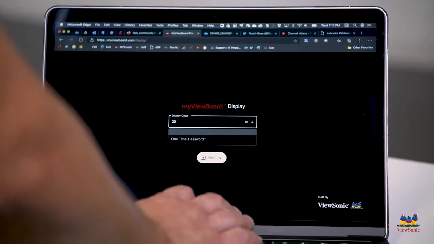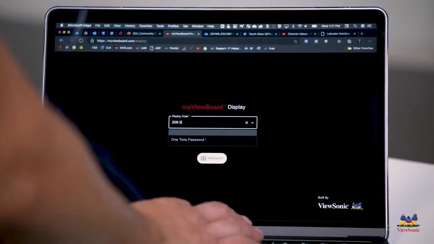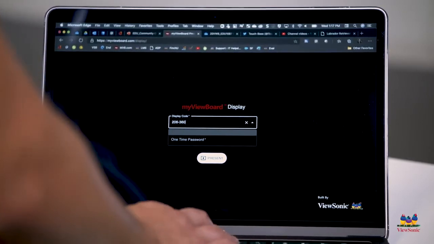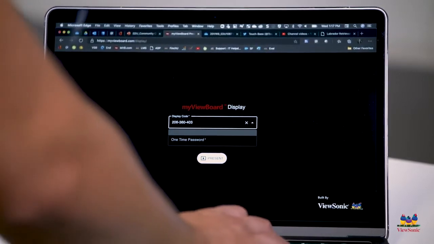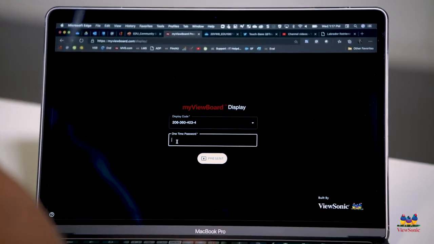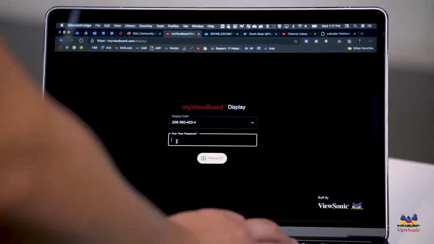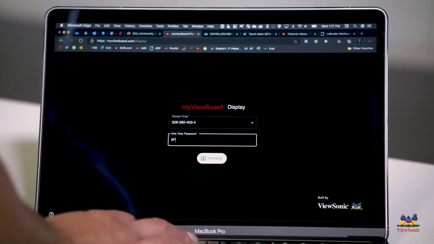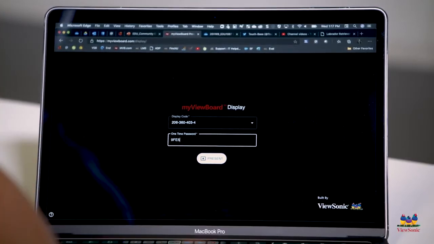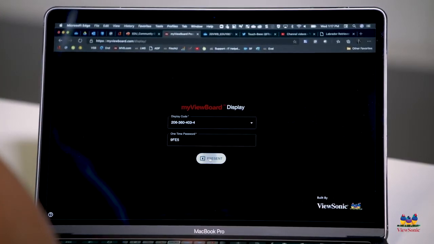On your laptop, type in the display code that's displayed on the panel. You don't need to type in the dashes. The one-time password will refresh, so make sure that it's the same password that's displayed on the board. When you're finished, click the Present Now button,